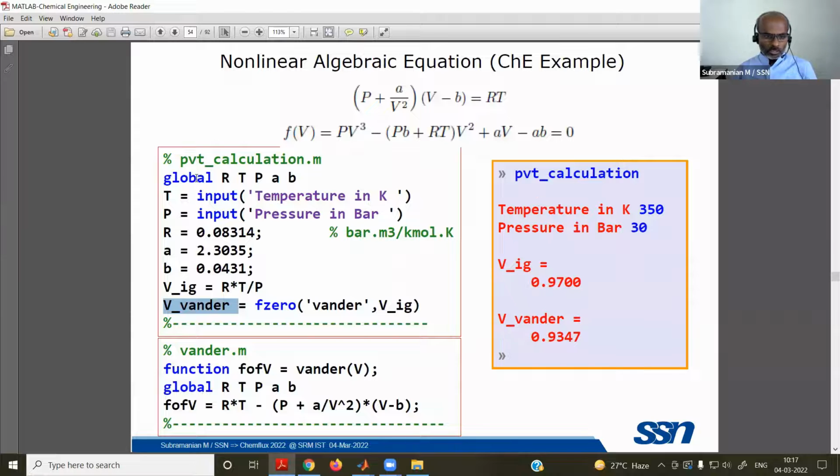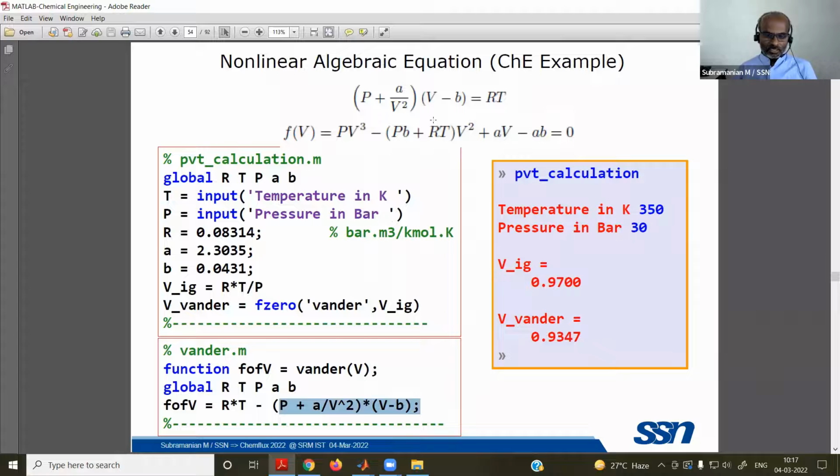Say, for example, you type these codes in a file named PVT underscore calculation or any other name. And then vander.m. What is this vander.m? Vander.m is supposed to have these lines. So let us check. F of V equal to, I am writing this way, RT by V minus b minus P plus a by V squared.